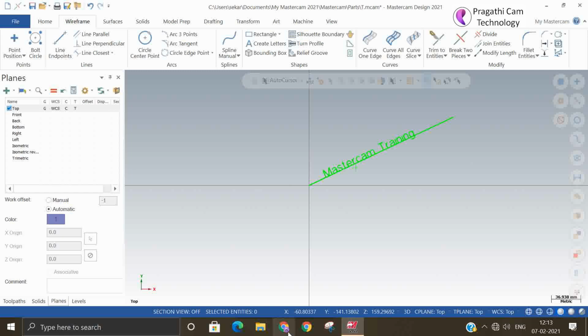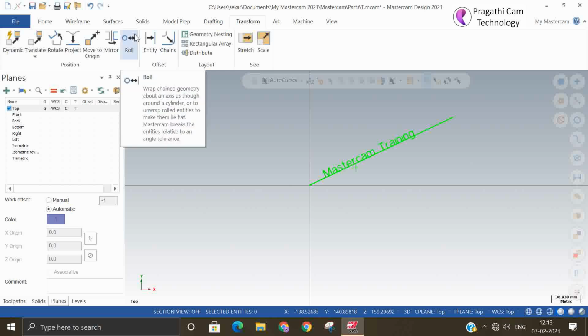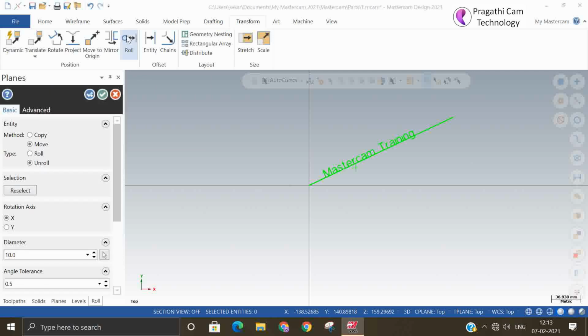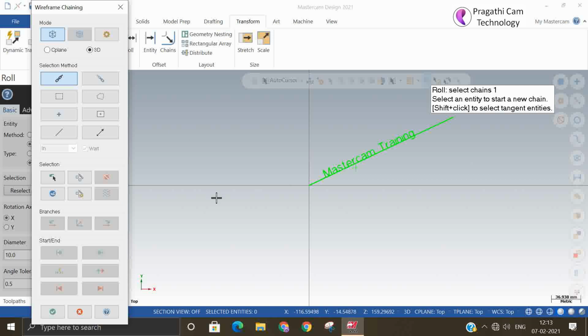Okay. Suppose you want to roll and unroll this entire thing. See, or it is wrapping over the cylinder, like a helical groove or that kind of environment. This is much useful.